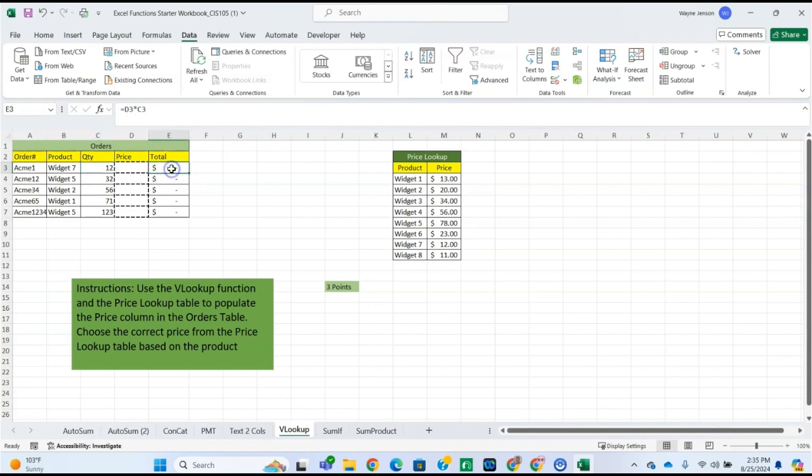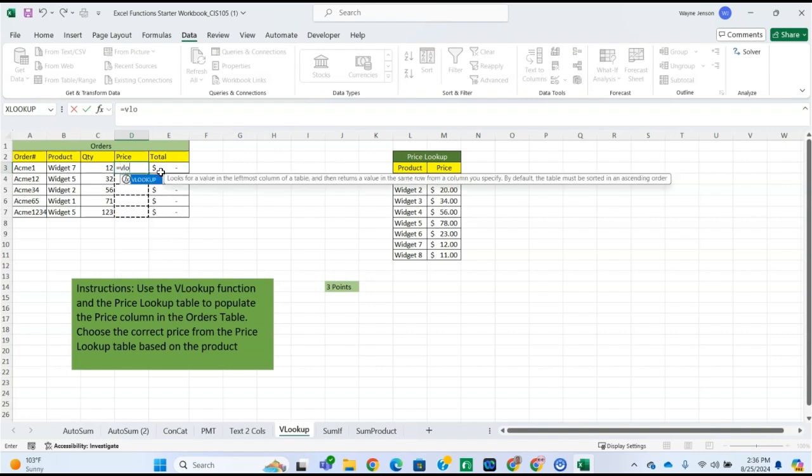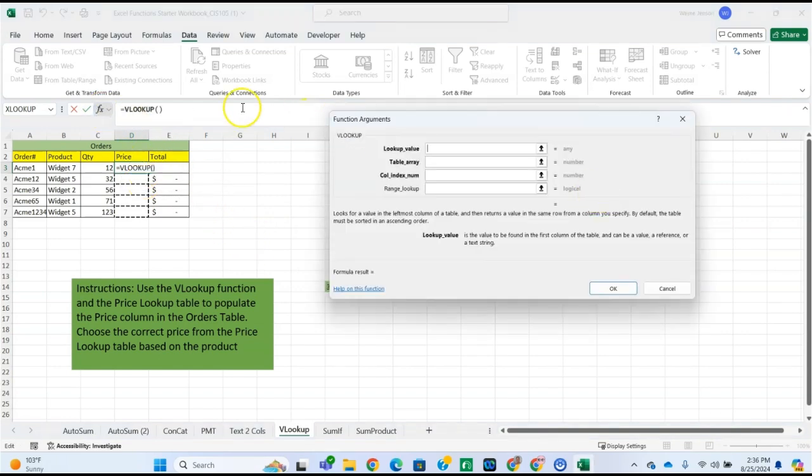And over here in column E, we've got a formula that multiplies the quantity ordered in C3 times the price in D3. So we want to use the VLOOKUP function to look up the price of widget 7 or widget 5 or widget 2. So we're going to start by using the equal sign and then start typing VLOOKUP. And as soon as you get the VLO in there, it'll bring up the VLOOKUP function. Double click that, click on the Insert Function button to get the task pane that shows the